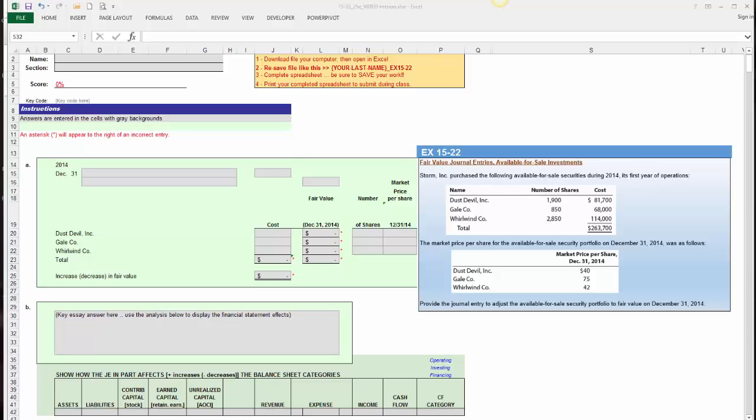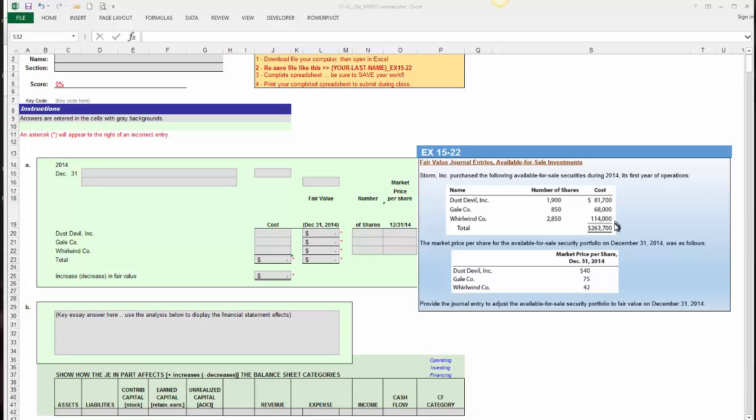Hello Business 202. This video demonstrates the solution to exercise 1522 on adjusting for fair value for investments. In this exercise you have the Storm Inc. Corporation which purchased various investments: the Dust Devil Incorporated shares, the Gale Company shares, and the Whirlwind Company shares. And here you can see the number of shares in each of these investee or target companies that Storm has purchased. And the total cost at the time of purchase, in this case 2014, was $81,700 for Dust Devil, $68,000